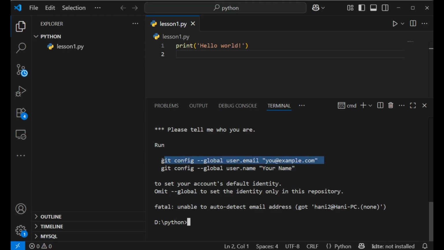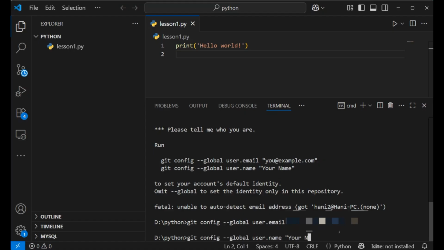So you can just copy this command, have it here, and instead of having this email, you're going to write your email, the one you registered with on GitHub, right? And you are going to copy this one as well and use your username, which is the one again that you used for GitHub accounts,